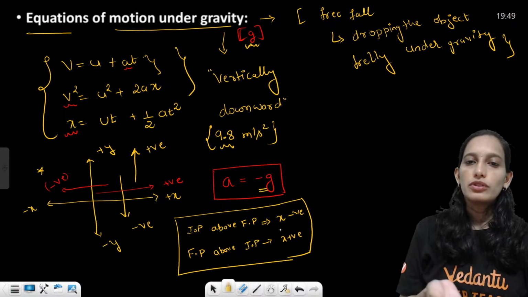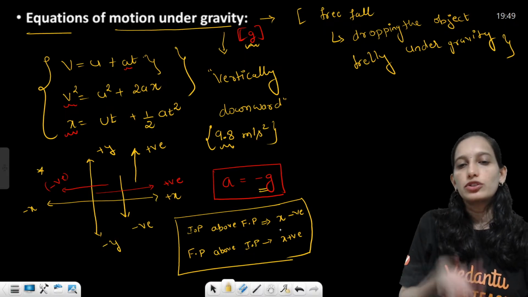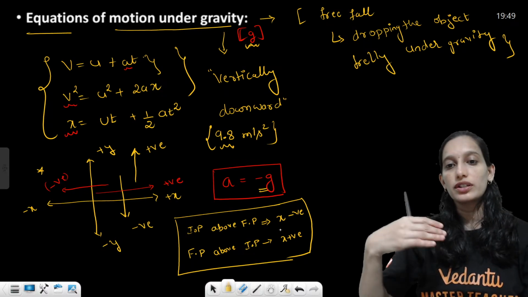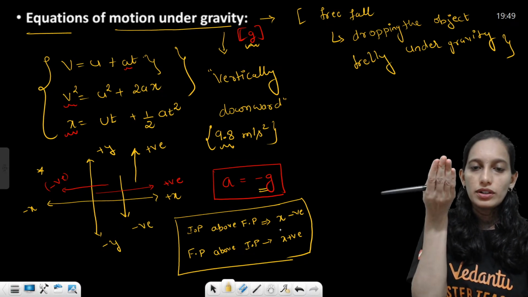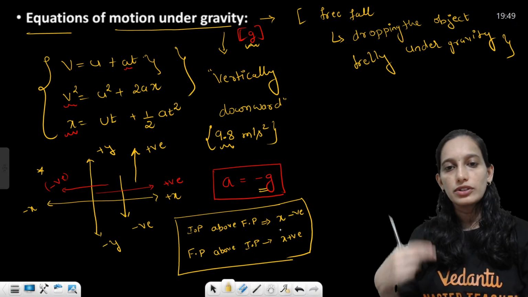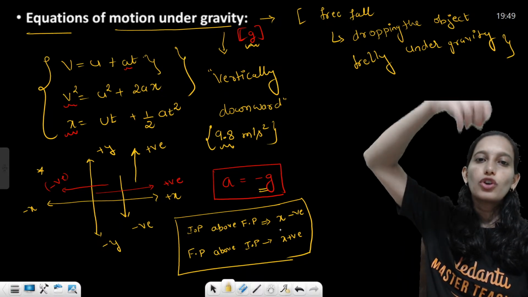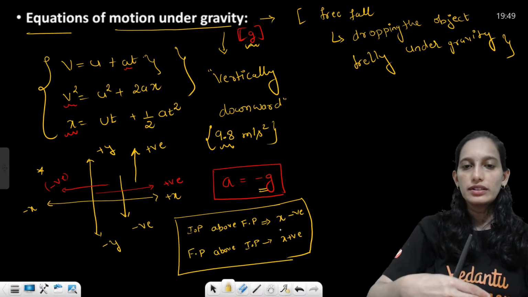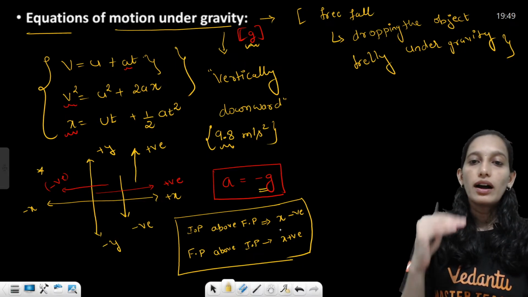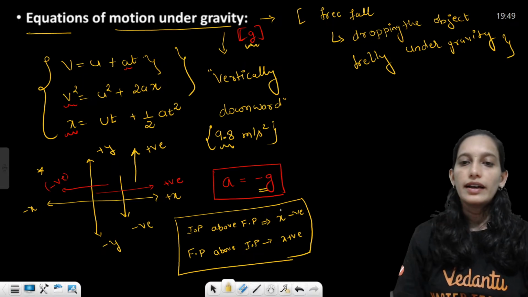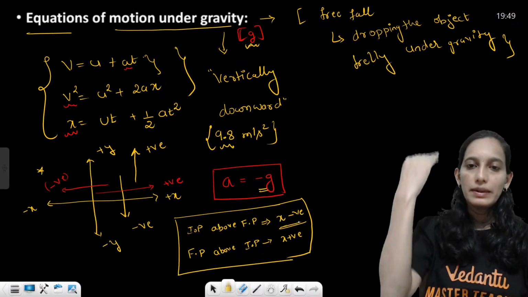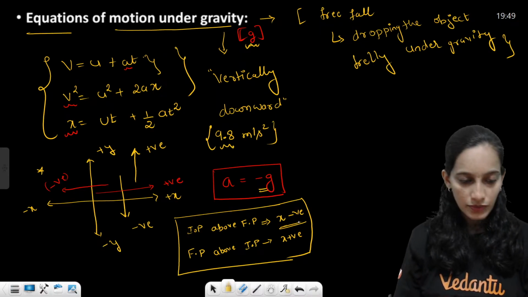So for an upward motion, like I throw a ball up, the final position is above. I'm not considering its downward journey. For an upward motion, displacement is positive, and acceleration due to gravity is downward, which will be negative. In the same way, if I just drop a ball, it is a downward journey, correct? There the initial position is some height and the final position is the ground. So in that case x is going to be negative. Okay, the initial position is above the final position, so it is going to be negative. Hope it is clear.